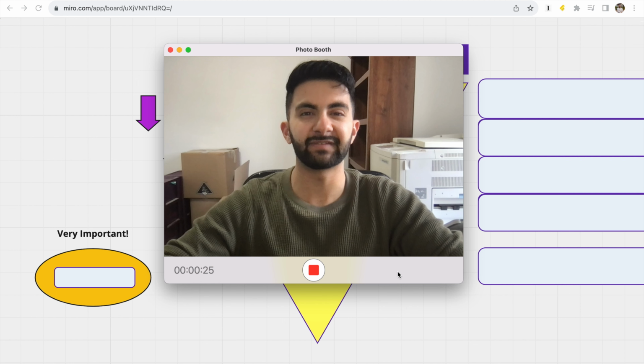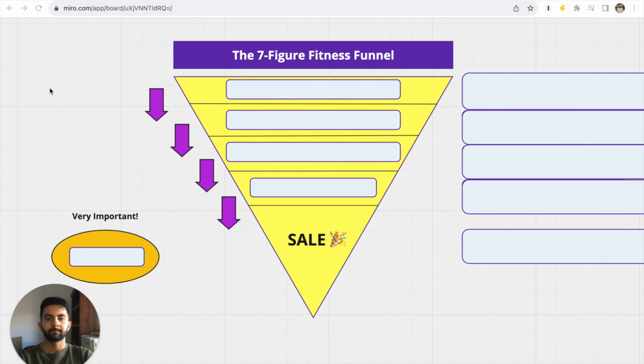So without wasting any more of your time, let's hop into the Miro board and I'll show you what I'm talking about. So this is the 7-figure fitness funnel, and basically this will allow you to never waste a single opportunity again for any of your paid ad campaigns. And essentially it'll go from turning a complete stranger into a long-term paying member into a really robust funneling process that can be used for any type of lead forms such as Facebook, Instagram, and TikTok, and even for regular